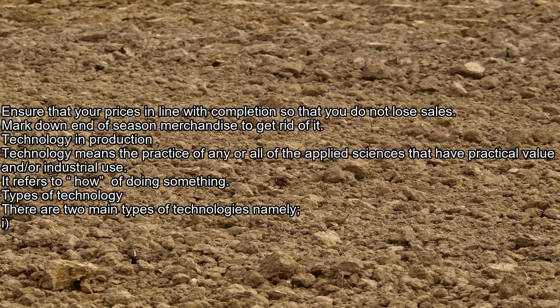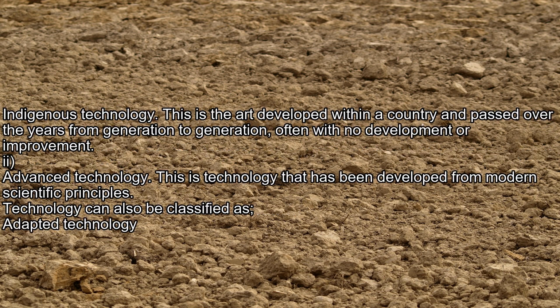Technology in production. Technology means the practice of any or all of the applied sciences that have practical value or industrial use. It refers to how of doing something. Types of technology. There are two main types of technologies, namely 1. Indigenous technology. This is the art developed within a country and passed over the years from generation to generation, often with no development or improvement. 2. Advanced technology. This is technology that has been developed from modern scientific principles. Technology can also be classified as adapted technology,